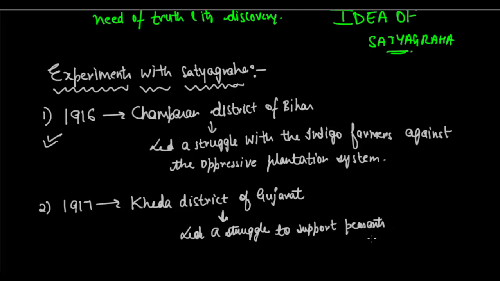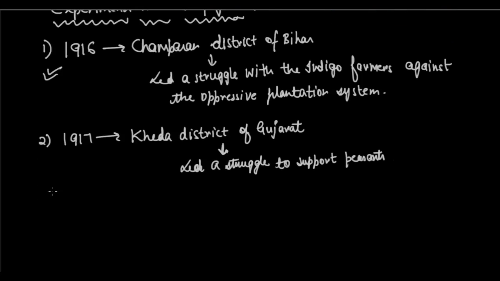Even though they knew that there was extreme crop failure, there was an influenza epidemic, there was plague, and the people were in turmoil. So Mahatma Gandhi came with the peasants and he led the struggle in the Khed district, that is called the Khed Satyagraha, to support the peasants and to make their voice heard to the government, to make them understand that they cannot pay the revenue at that time. Again, this too was a success, right?